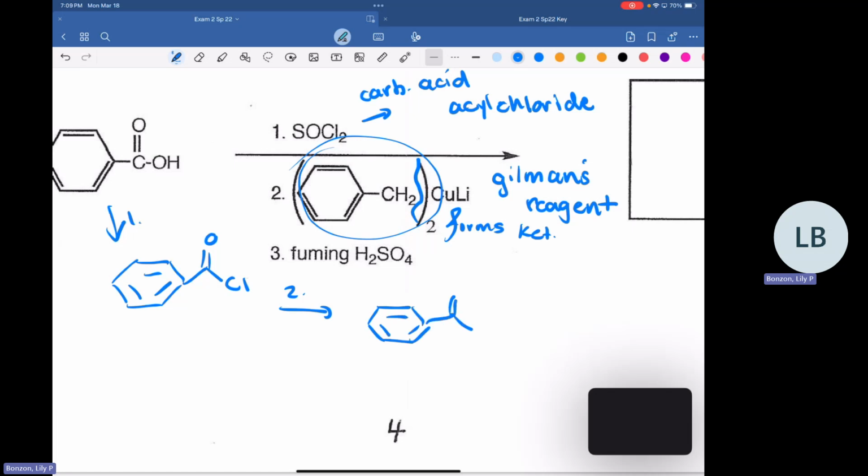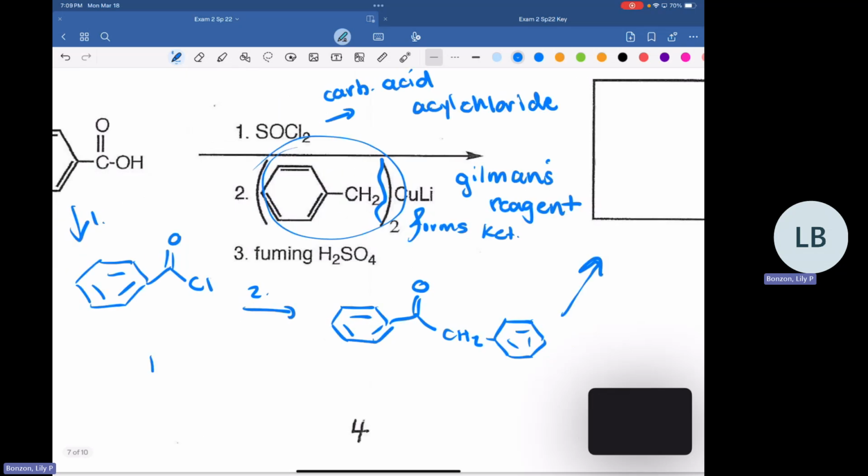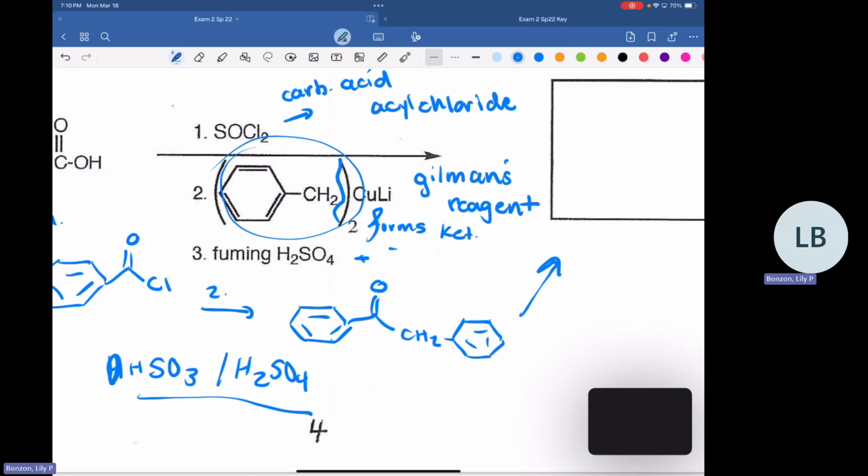All right. So we've got CH2, and then we've got a benzene. All right, and so we've got fuming H2SO4. You might also see it as, I believe, HSO3 and H2SO4. Something like this. So you could see it as fuming H2SO4 or just HSO3, H2SO4. So this one's the same reagent, but this one just adds on a SO3H. It's one of our EAS reactions.